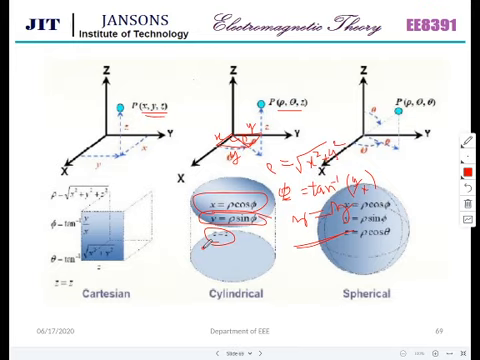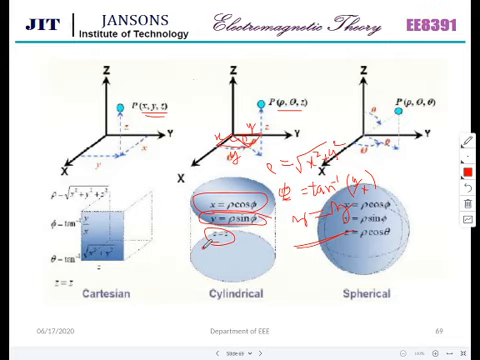Is it clear? Is it clear? Yes, sir. Yeah. If my point x, y, z is 2 comma minus 5 comma 6, just note down 2